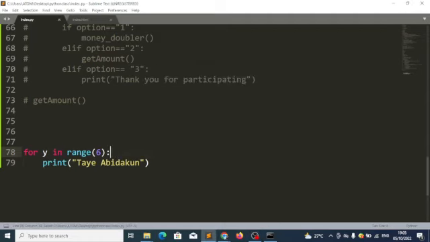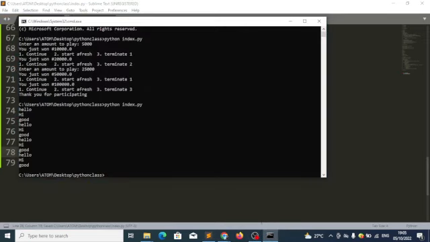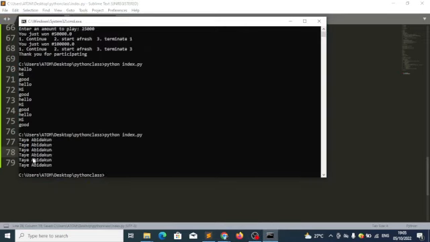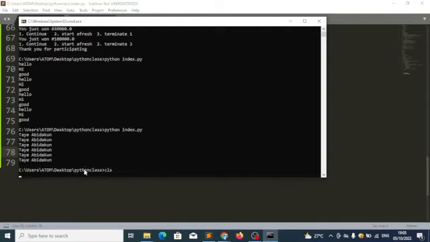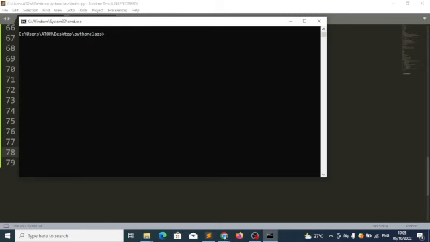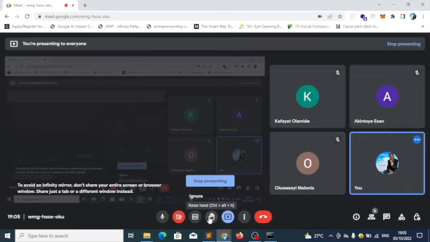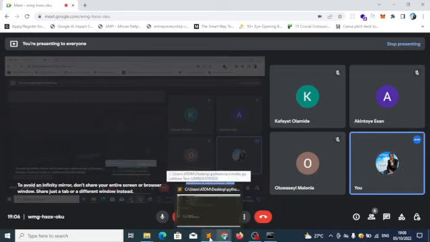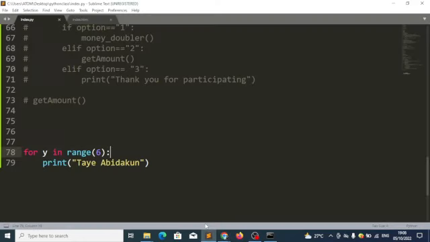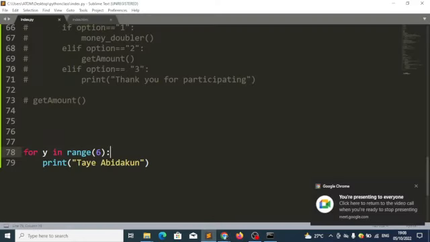So let's run it in the terminal and see the results together. So 1, 2, 3, 4, 5, 6. Any question before we continue? Let's look at one more example before we leave this part, before we proceed to something else. So I'll come here again and say for maybe z